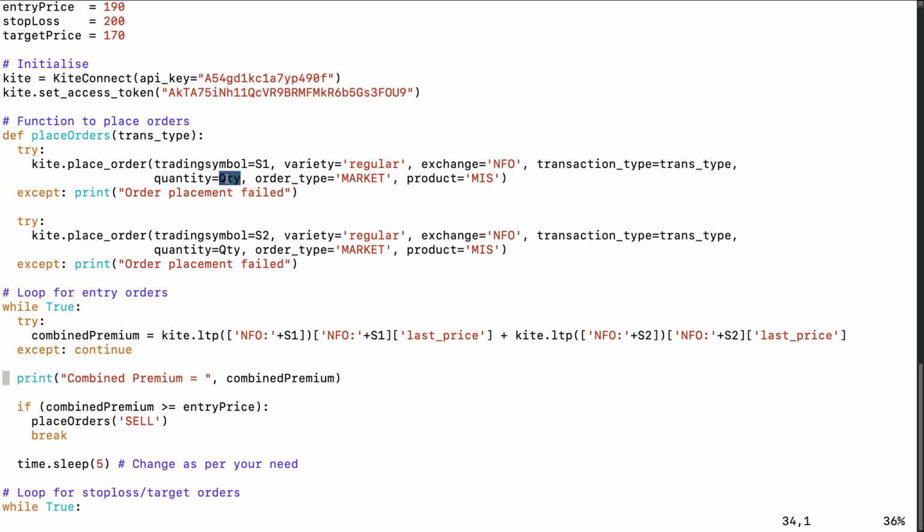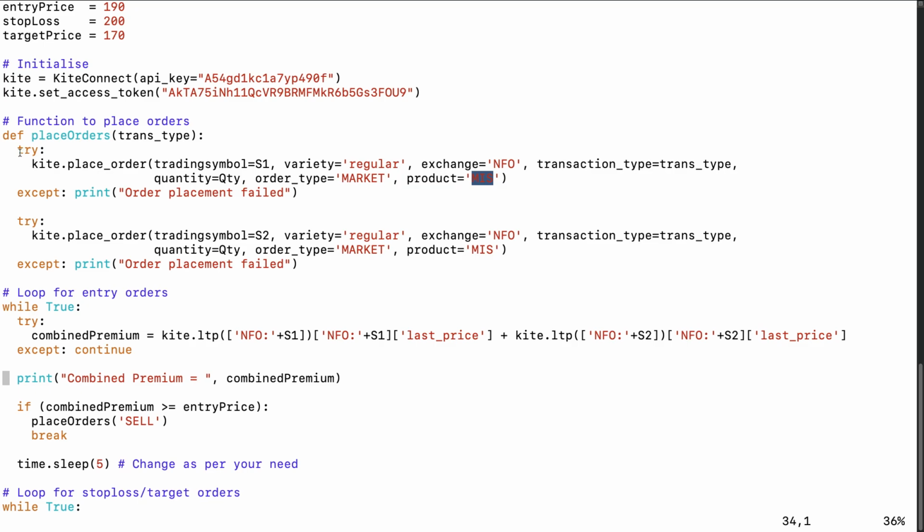In our current scenario we have mentioned 75. Order type is market because as soon as it comes to this function I want to execute my order. And product is MIS. You can write it as NRML also, then it will be a normal order. I'm just making it a day trade, so that's the reason I'm mentioning MIS.